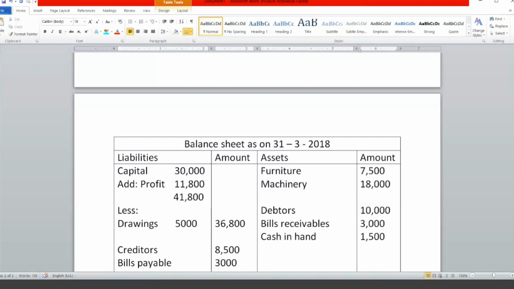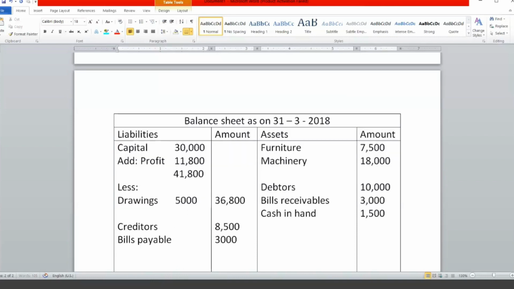Next, bank overdraft 2,000. Bank overdraft is treated as a liability. Bank OD. We already discussed bank overdraft in the bank reconciliation statement. Do you remember that? The same thing, only this one is 2,000. And then next, after cash in hand, what do we have? Machinery already taken. Commission received already taken. Advertisement also done. Now next, closing stock is the last one. What is the amount of closing stock? It is 10,300. These are the transactions we have.